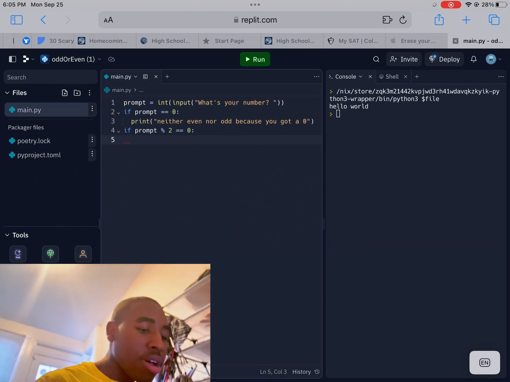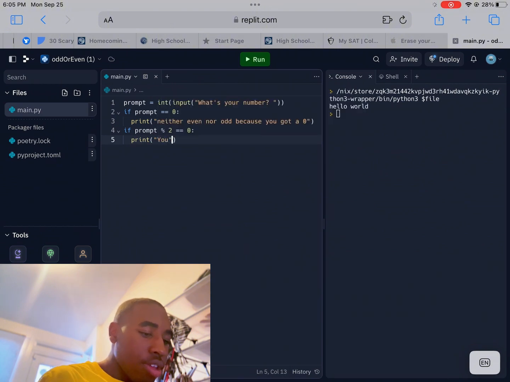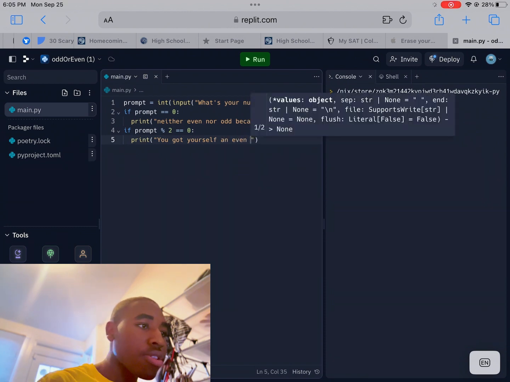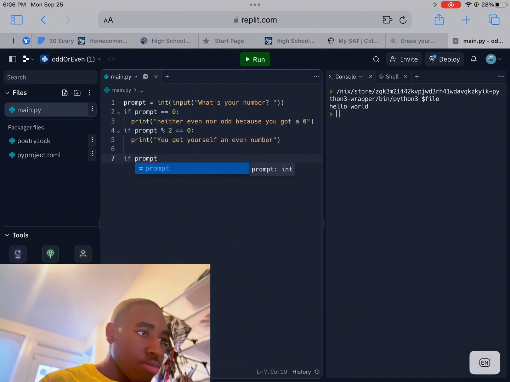So if prompt blah blah blah, print, you got yourself an even number. If prompt mod 2 does not equal 0, I just have to do that. If prompt mod 2 does not equal, oh,